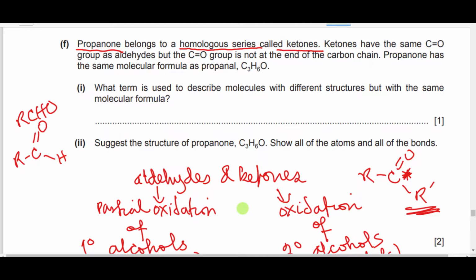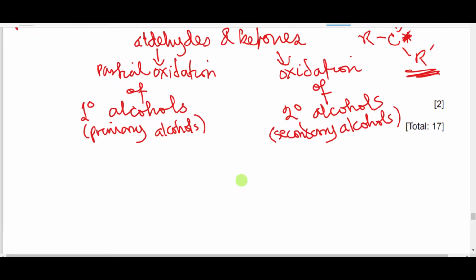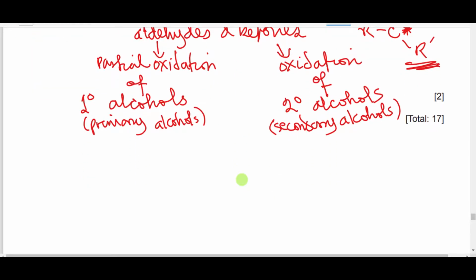Fine. So you are told that propanone has the same formula as propanal. Remember, propanal is C3H6O, right? Fine. Now what term is used to describe molecules with different structures but the same molecular formula? First of all, let's draw the structure of propanal first. Propanal is 1, 2, 3, right? Prop 3, then propanal. Prop, 3 carbon atoms, right? Now it is an aldehyde,